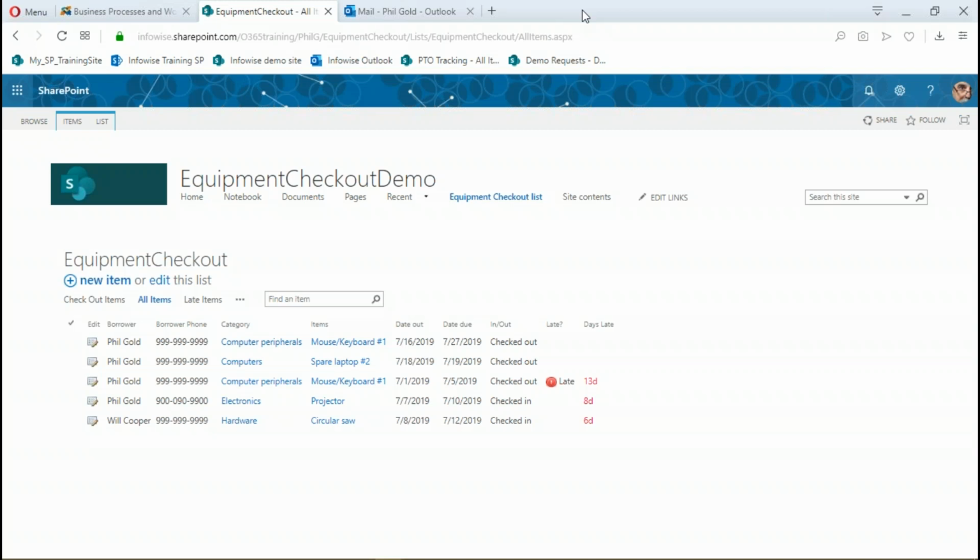Oops, I see a mistake there. And then I wanted to know if something was late. So we needed to have that. And then I put in an indicator, and actually that's the thing that I've got to fix later on, because you can see things are showing days late when they're checked in. We really don't want that showing. Now, there was some other stuff behind the scenes, some other fields that I built in, but this is basically